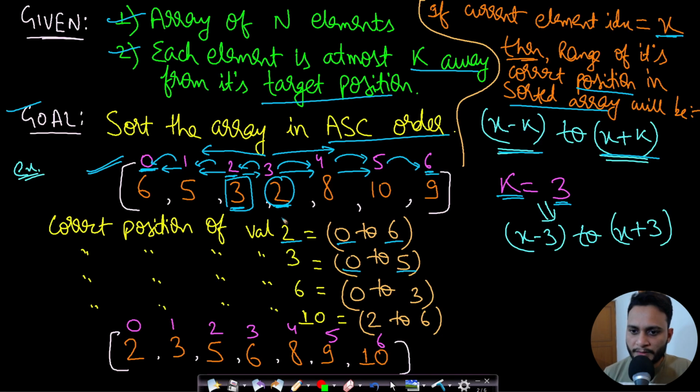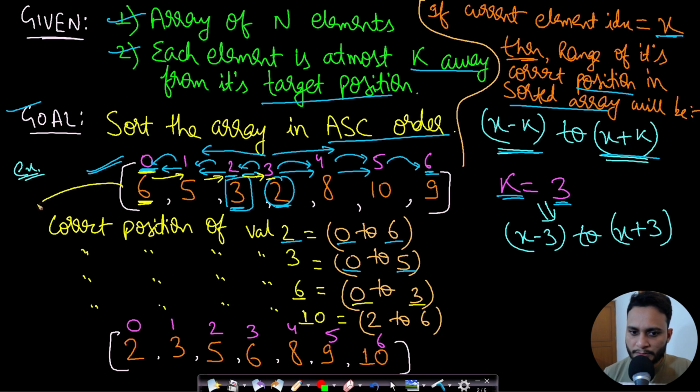Okay. And also, let us take this example. If you want to find the range for this element 6, then what will it be? On the left hand side, you do not have any element. So on the left hand side, your value will be 0. On the right hand side, how many jumps can you make? You can make 3 jumps, 1, 2 and 3. So you can go from index 0 to index 3, that is 0 plus 3. So the range for this element 6 will be from 0 to 3 in the resulting array.